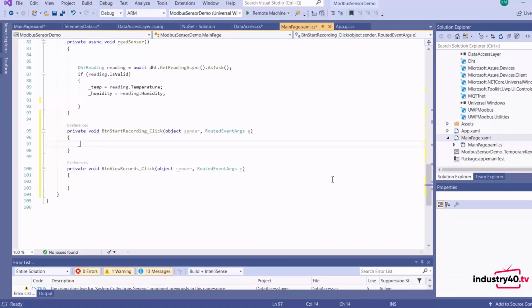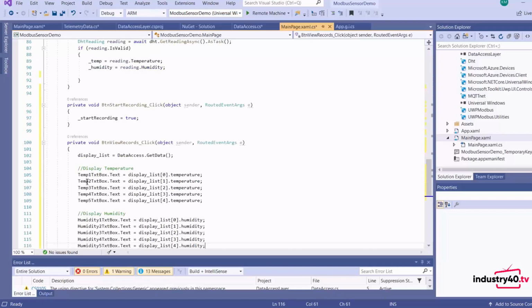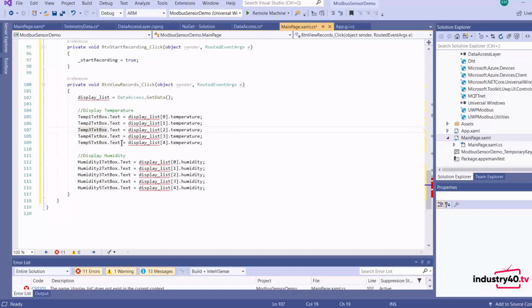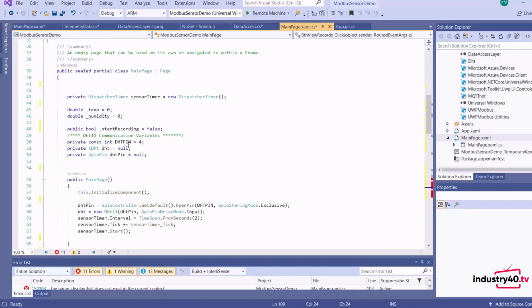If the start recording button is clicked, we enable recording. When the view records button is clicked, we use our data access to get the data from the SQLite database, put it into a list, and then populate our temperature and humidity text boxes. So just go ahead and declare this list.